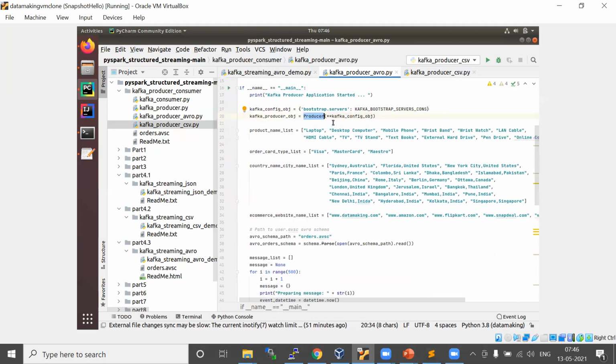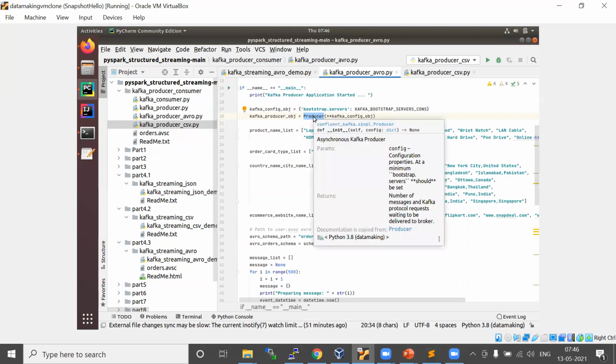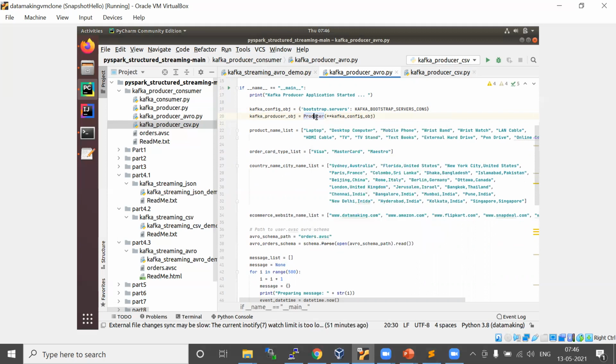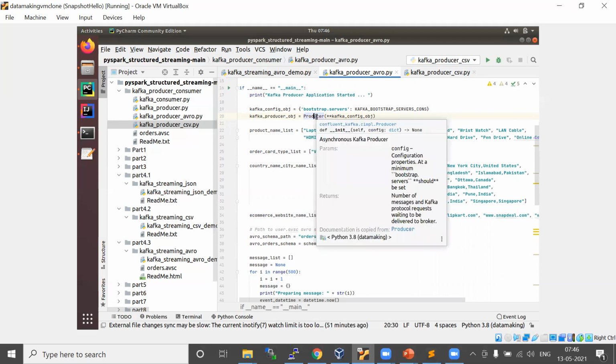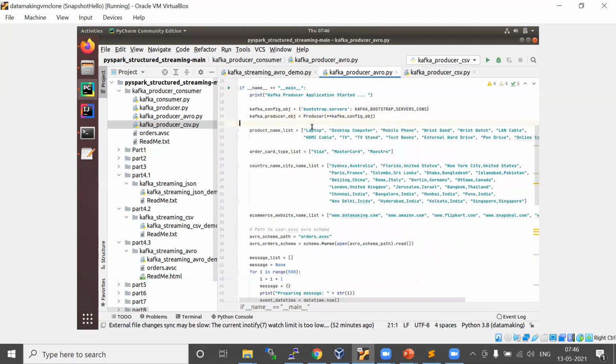This star is basically a kind of unpacking, so that whatever is in the JSON will be sent to the Producer class. If you look at the Producer class, it expects the Bootstrap server and other information, so that's what we are putting in here.